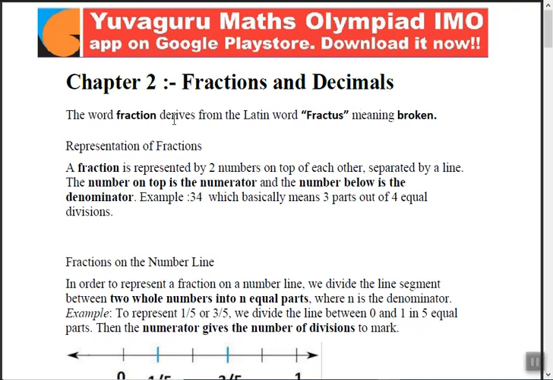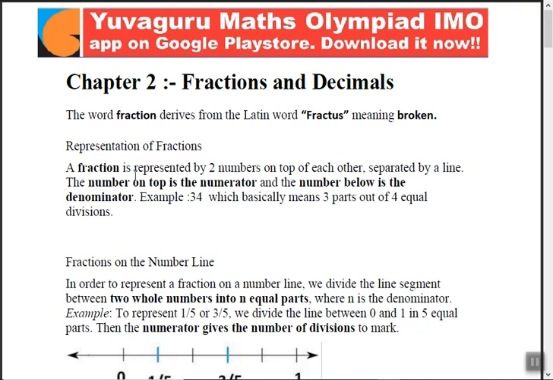Let's focus on theory. Fractions and decimals. So, what is a fraction? Fraction comes from fractus, meaning broken. A fraction is always broken. Let's see, 1 upon 5, 3 upon 5, where there is an 'upon', something is broken. A fraction is represented by two numbers on top of each other, like 1 upon 5, where 1 is on top of 5.